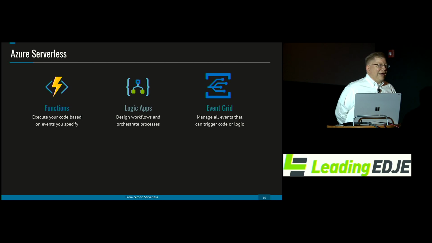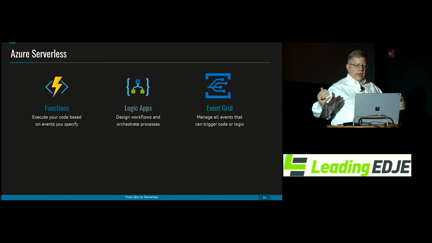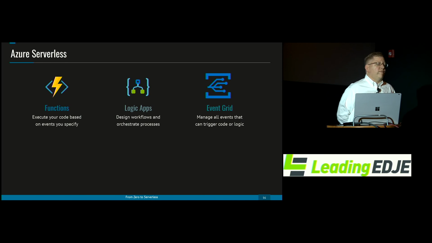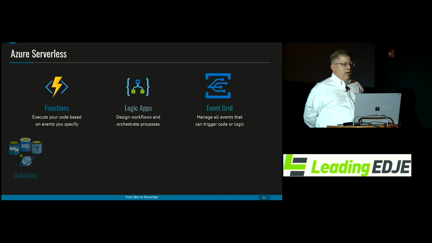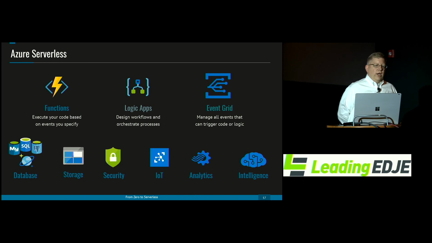And then Event Grid, I can't talk a whole lot about Event Grid because I actually haven't dealt with this a whole lot. But basically this is allowing you to take in events coming from multiple different Azure sources and even on-prem sources. But along with that, and again, if we look at the fuller definition of serverless, there are